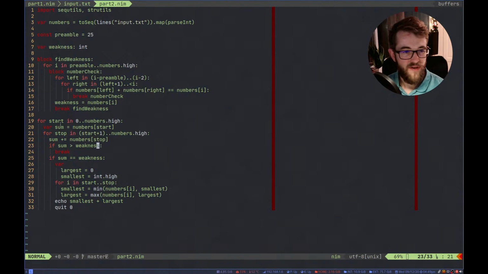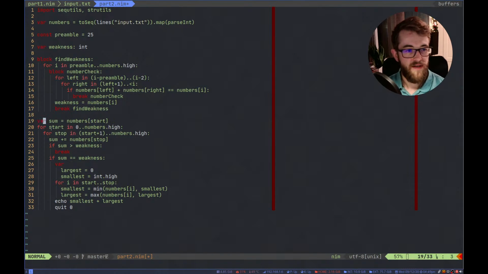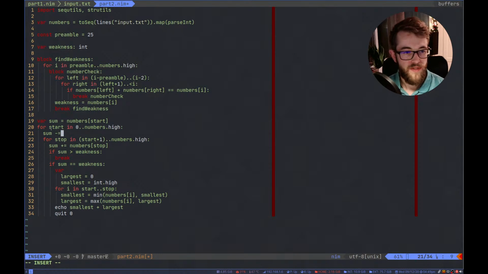I mean, what you could do is do this, and do sum minus equals numbers start. Just times this by 2.